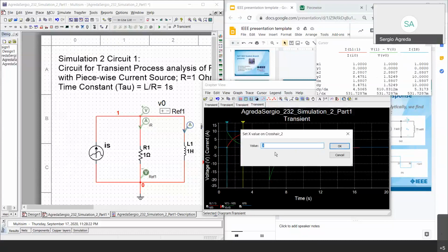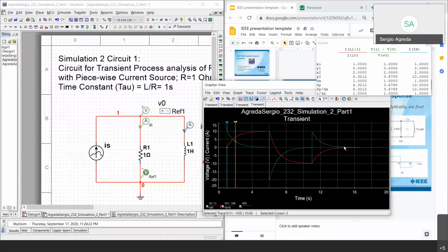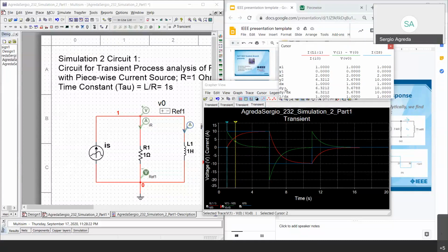So I'll keep it at 2. If you move the crosshairs to the proper place, you're then able to see that there's also a differential part of the cursor. And one of the things that I don't know if he's mentioned in the class before for 232, before you started doing your first simulation, you could represent in a graphical sense what tau is, or the value of tau,